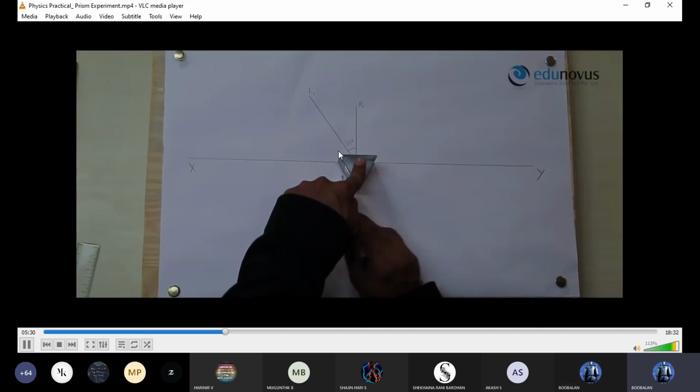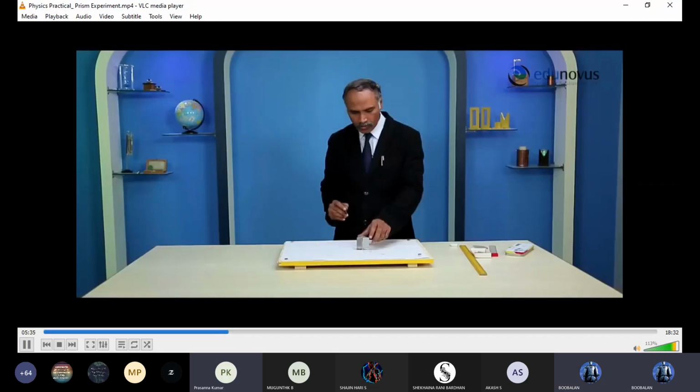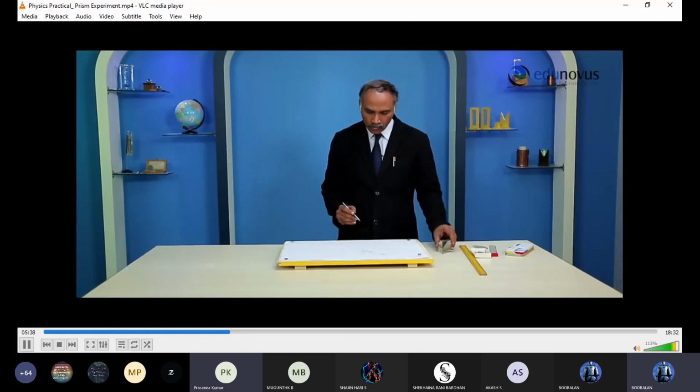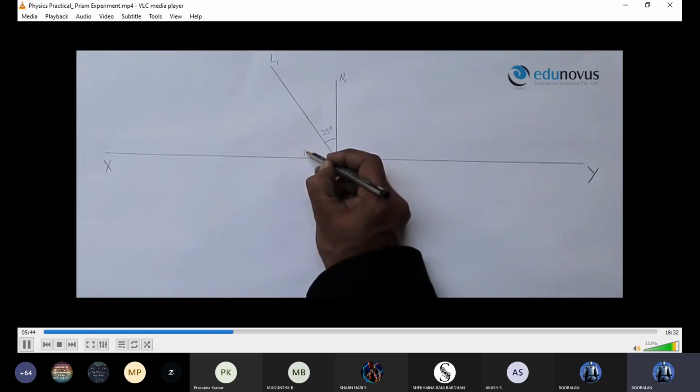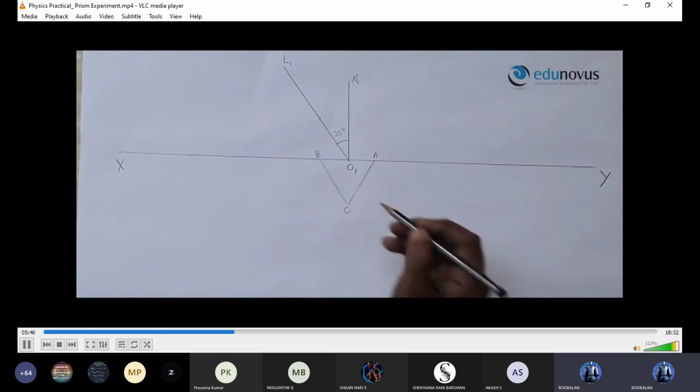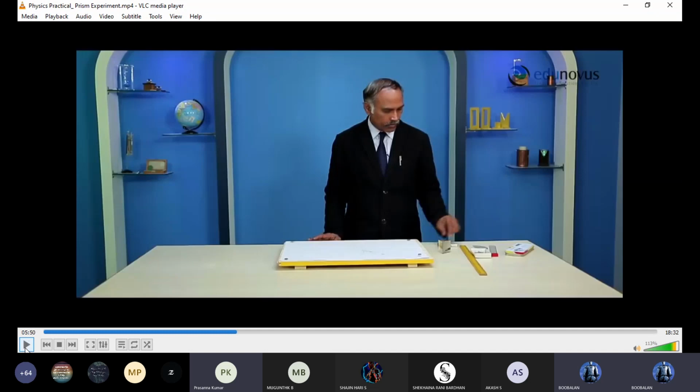Trace the diagram of the prism. Sir, please mute yourself. Who's that? Hello? Prasanna Kumar, tell me. Sir, why are we using the prism to draw the diagram? Yes, but this is for finding the refractive index of the prism. Now we want to find the angle of incidence and the D value, the deviation, also. Yes, sir.